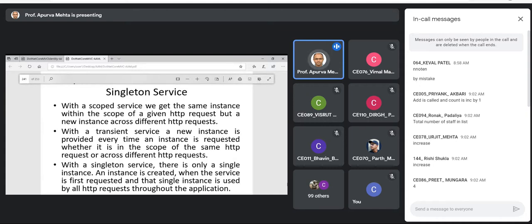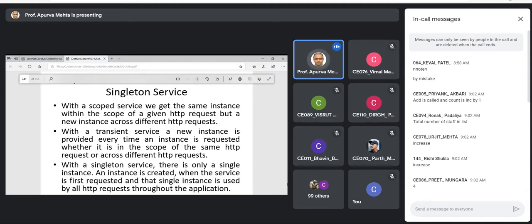So many of you are suggesting add scoped. Fine, but for a database it would be ideal to use add transient. Whether any number of users are making requests, it doesn't make any difference, right? And there is no constraint of, say, integrity violations or transaction violations, because in the backend you have a persistent store. So you don't have to worry about losing your data. So in terms of a database, you should use add transient.